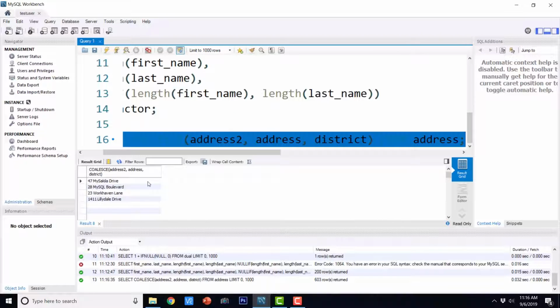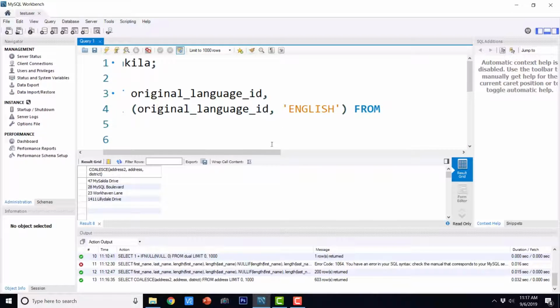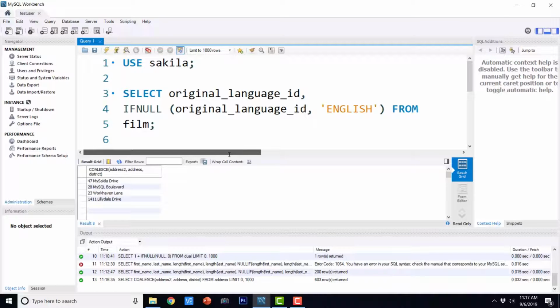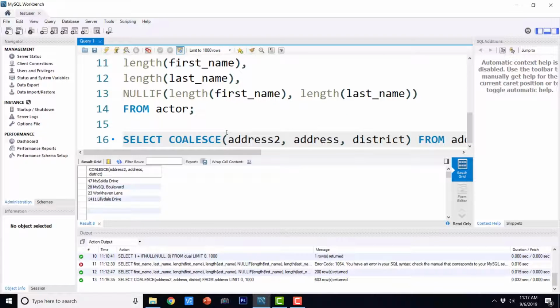So here COALESCE returns the first not null field. So in the case of the fields where you don't find anything, I guess that is the only not null stuff available there. Okay, that is blank address. So this is how COALESCE works. All these functions are collectively known as null handling functions in MySQL. The first function that we saw was IFNULL, and it works similar to NVL in Oracle SQL. Then we have seen the NULLIF function, and finally we saw the COALESCE function.